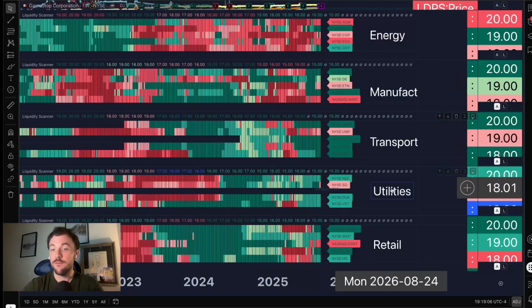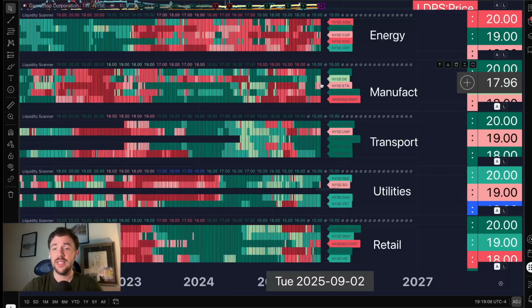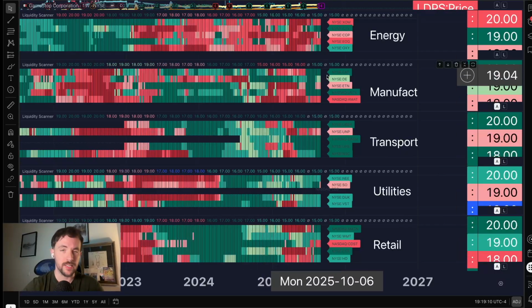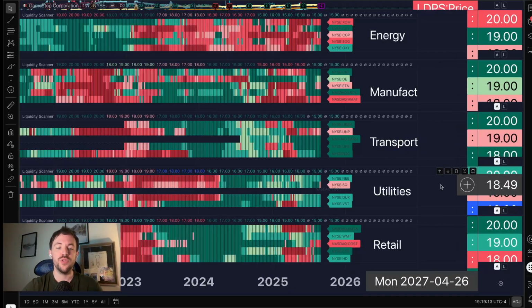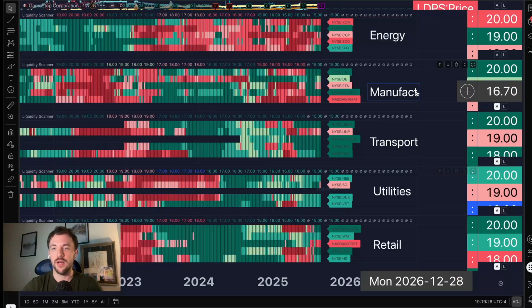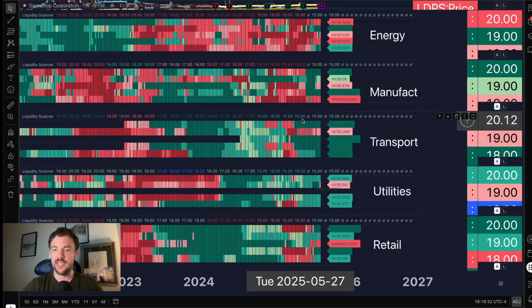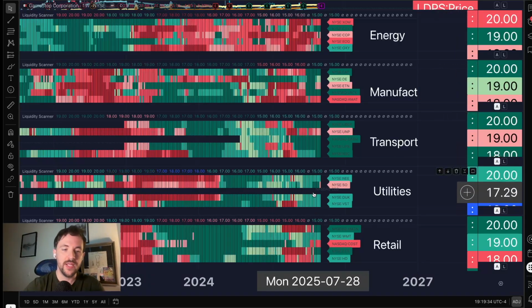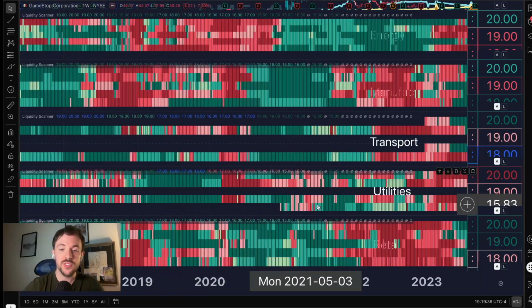The weekly, though, for now at least, says that there's a good amount of bullish liquidity. And so that short-term bearish outlook shouldn't progress too far into the future. And if it does start to look like it's going to progress further into the future, we're going to start seeing a lot more liquidity popping up on the weekly view. And we could start noticing, as that happens, which sectors are weaker versus maybe more robust than some other